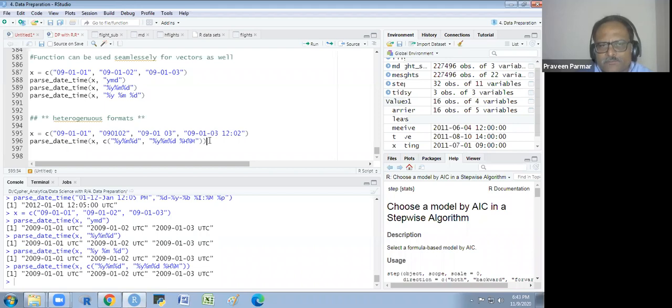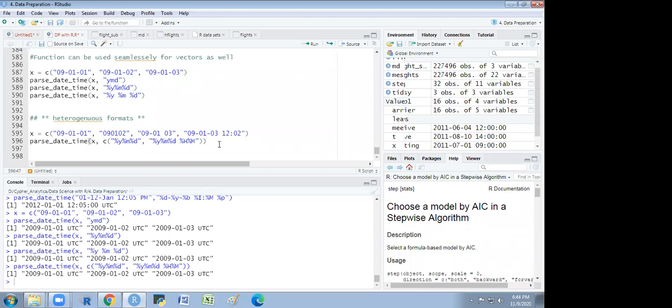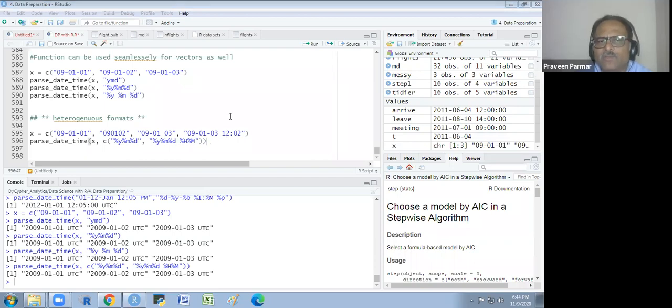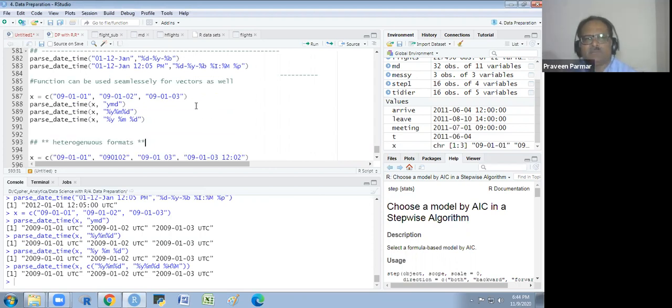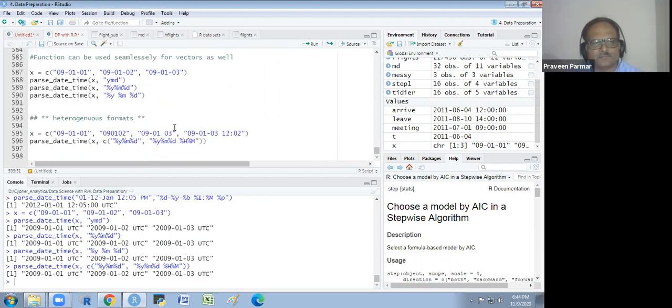Is it clear to you? It's a very big library, Lubridate. There are so many things. We could go through it, we could run it. And the very important thing I have just mentioned for the Lubridate, which we use in the time series analysis somewhere, we require this library to run and then we could perform that sort of analysis. That is the simple application I have explained to you. So I hope this session we have completed now today, the data preparation.